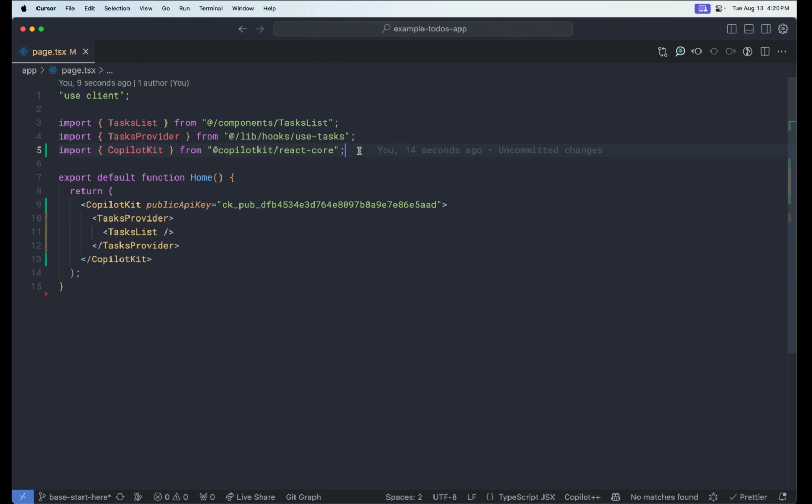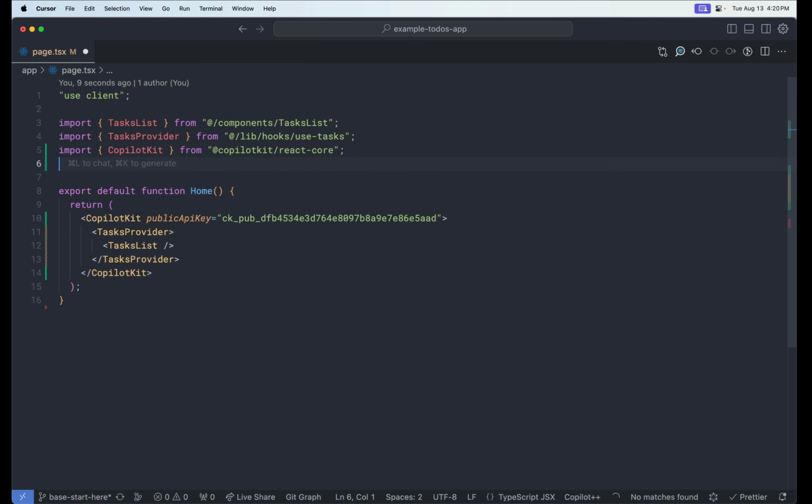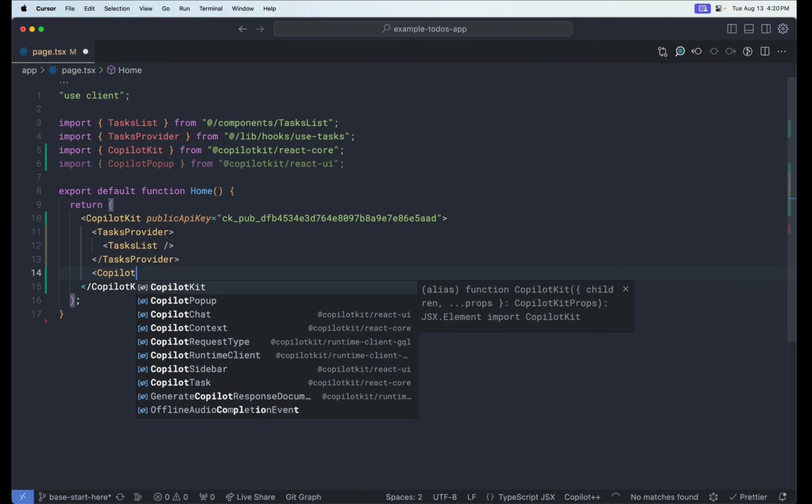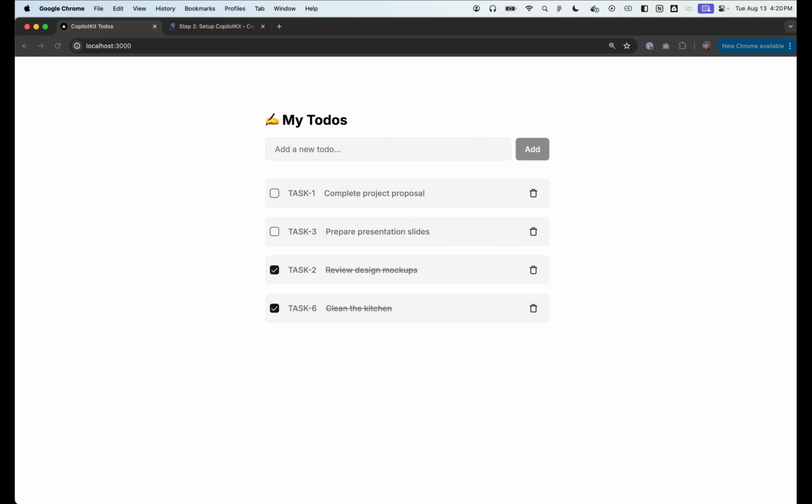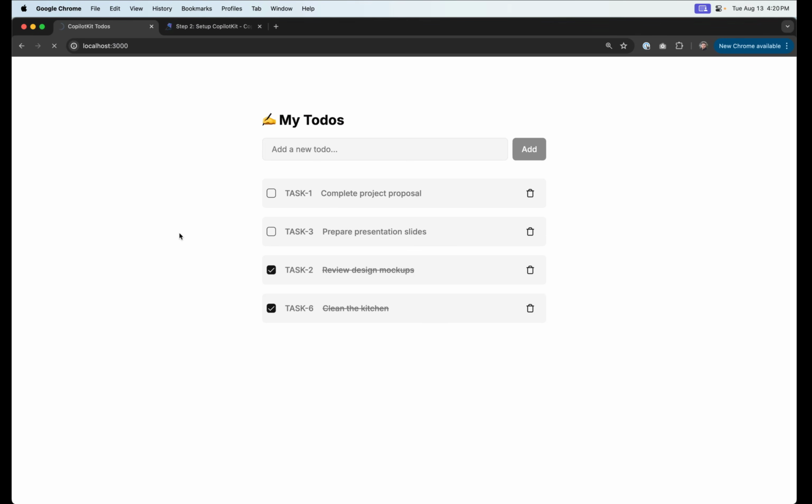The next step is to implement the Copilot popup. The Copilot popup is a UI component built into the React UI package that's going to allow us to interact with our AI assistant. So let's import Copilot popup, and we can simply put it here. There we go. So now if we refresh our app,